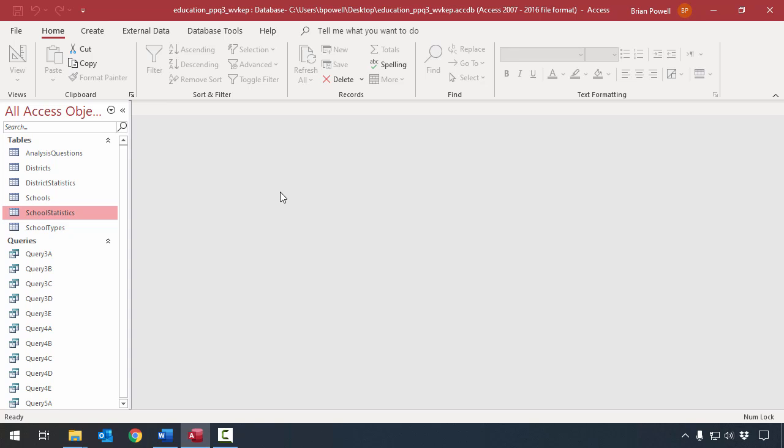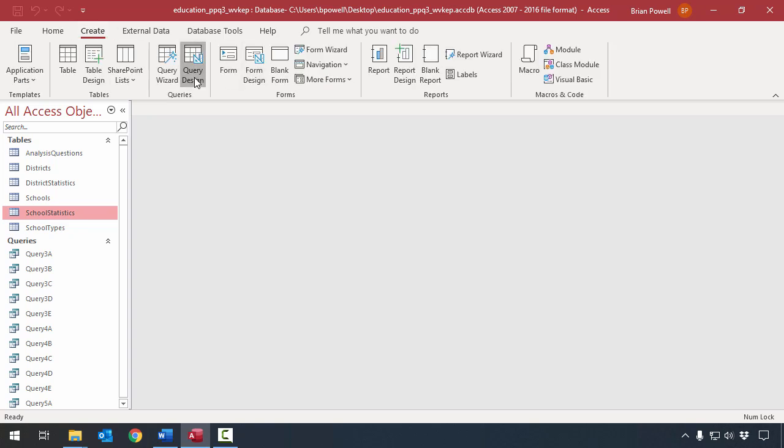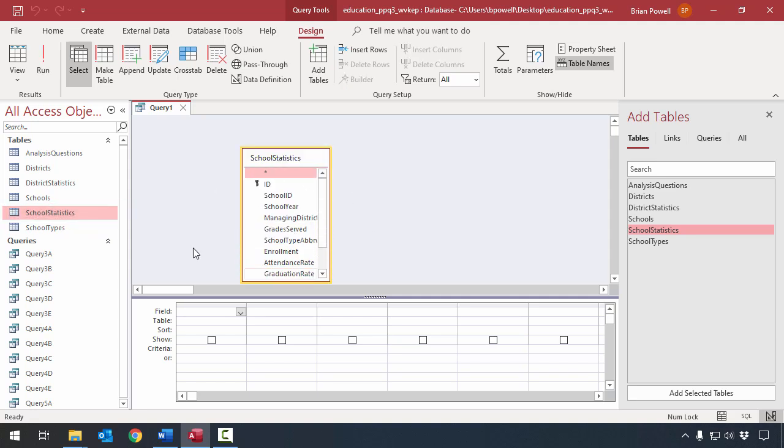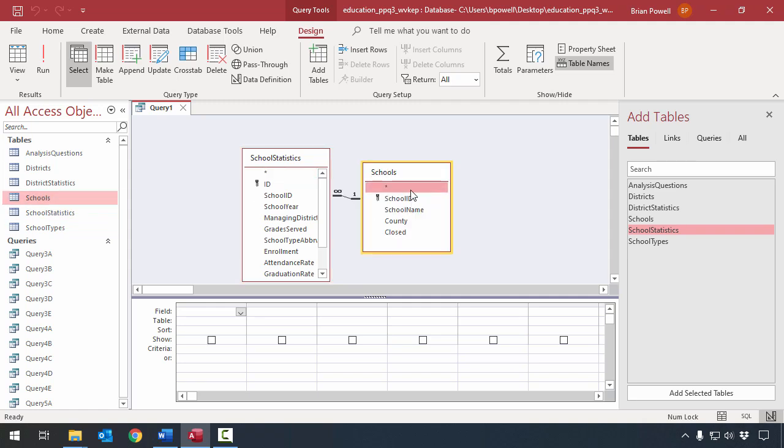Our next query is going to look at statistics for intermediate and middle schools. Let's get the query started by going to the Create ribbon and clicking on Query Design. And we need to have the managing district, school name, school year, enrollment, and attendance rate. So basically everything I want is in school statistics except for the school name, and that's in schools. So I'm dragging over those 2 tables here,